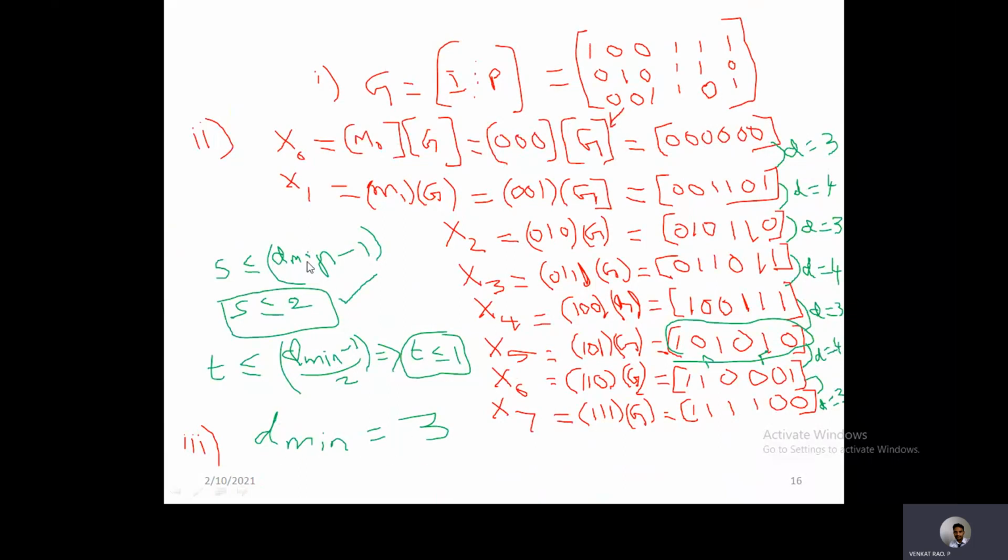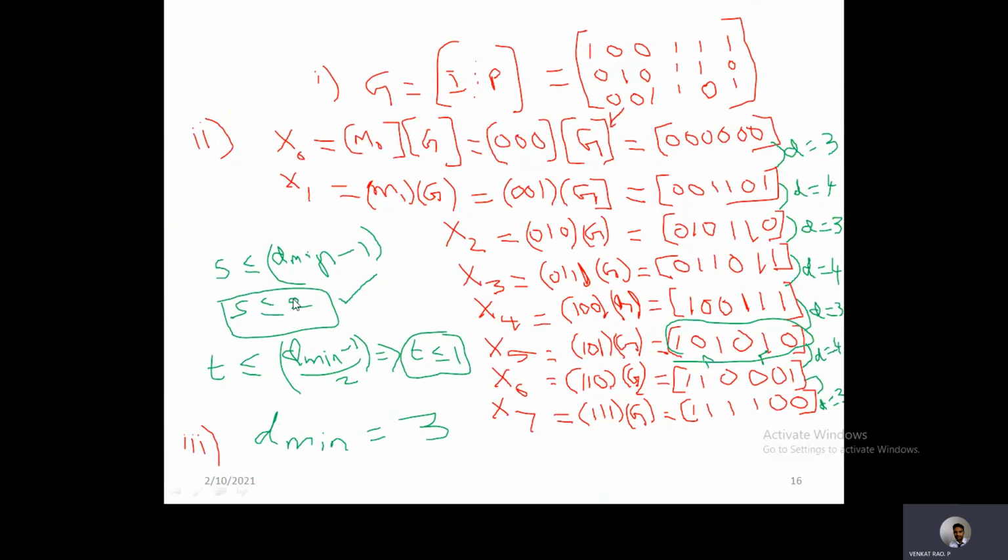Based on the D minimum formula, S can be calculated as less than or equal to D minimum minus 1. So 3 minus 1, that is 2. Similarly, T will be (D minimum minus 1) by 2, so that is 2 by 2, which is equal to 1. So S less than or equal to 2 and T less than or equal to 1. These two values indicate that this code can detect up to 2 errors.